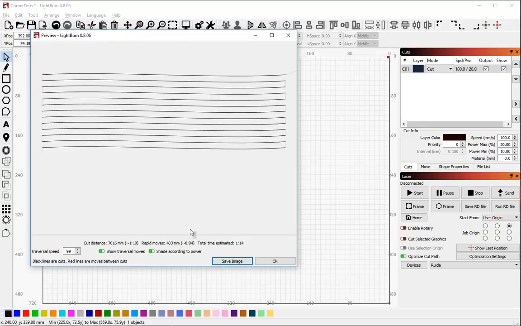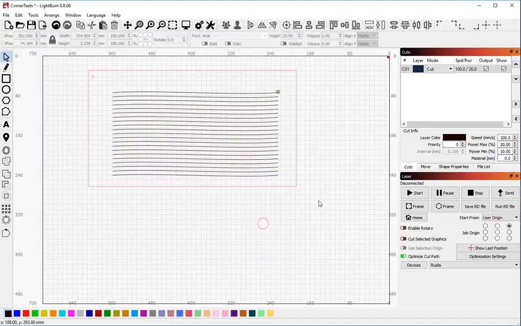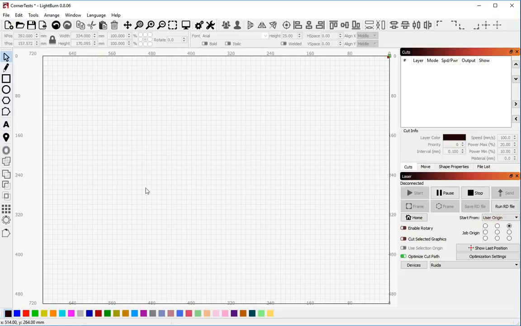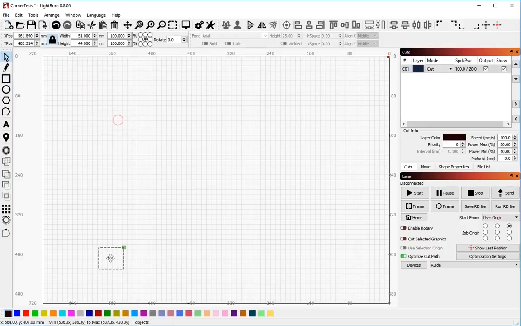There's also a new option that's coming. This isn't released yet, but it will be released in the 8.07 version, and that is remove overlapping lines. And something that happens often,